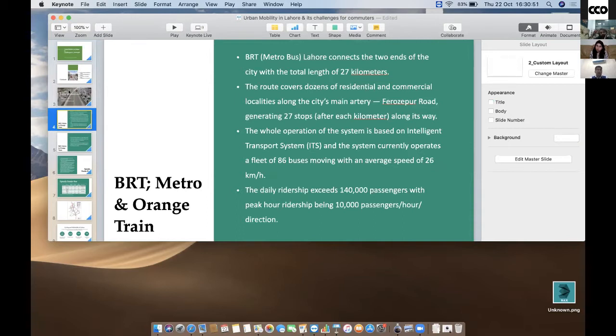The daily ridership of the system exceeds 140,000 passengers, with peak hour ridership being 10,000 passengers per hour per direction, as claimed by the officials. The BRT system of Lahore runs on the main arteries of the